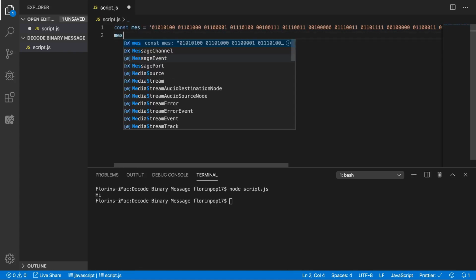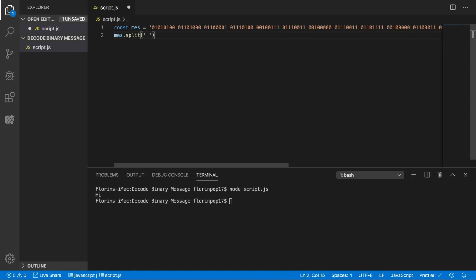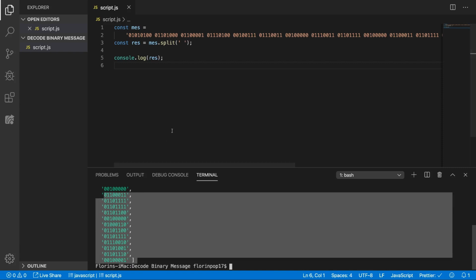So if we go message split, here we're going to get all the binary numbers separated inside an array. So let's save it in an arrays variable and let's console.log it. Save the file, and if we run the script, you can see that we have an array with the binary